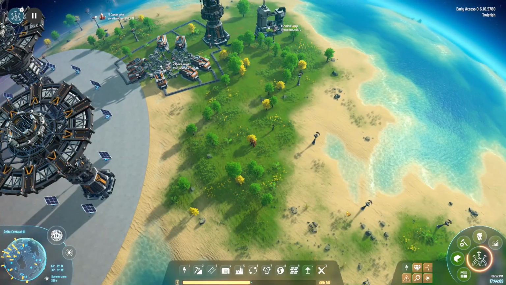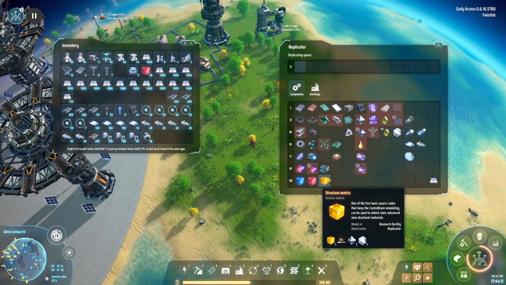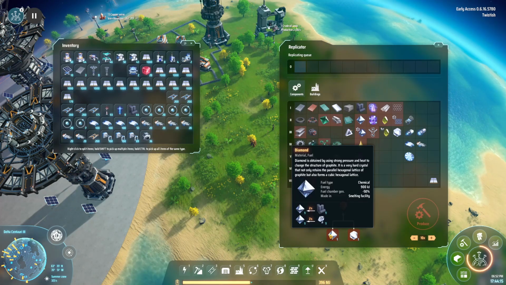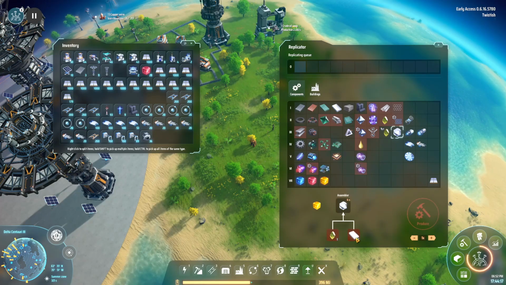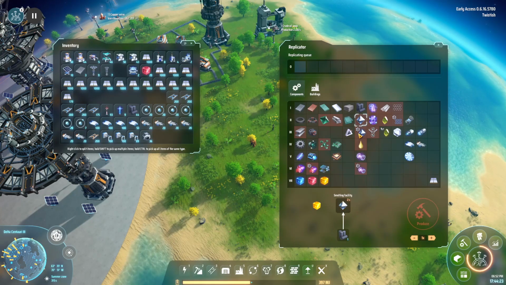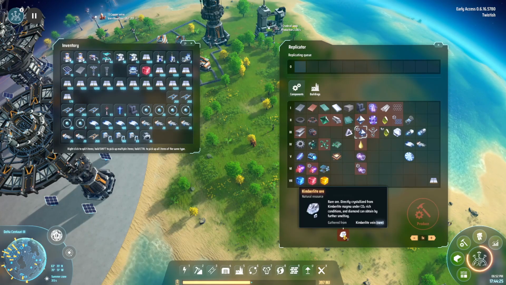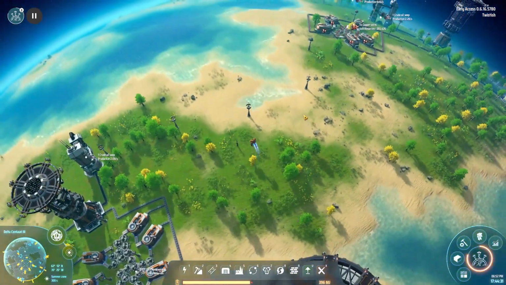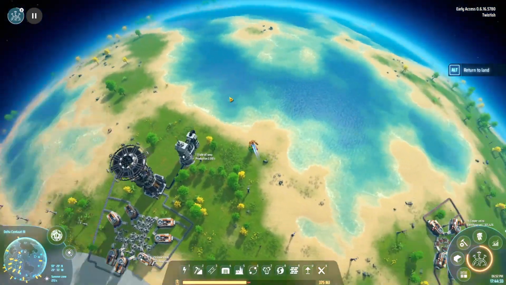Okay, so let's look here. So we need diamonds, which is not hard, and titanium crystals, which is a little bit more difficult. So let us... ooh, you can make diamonds. Let us set up a small facility just to make diamonds,